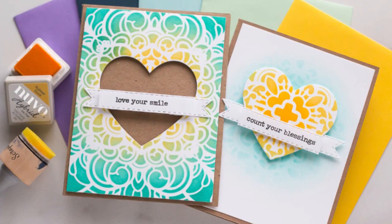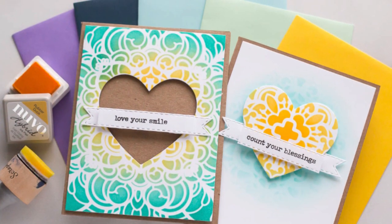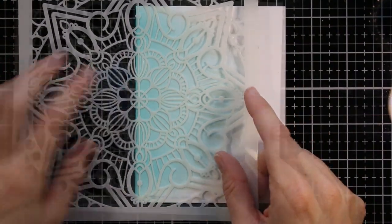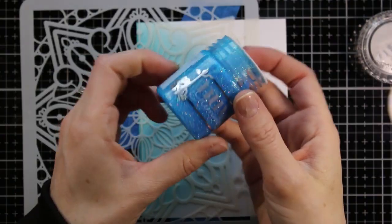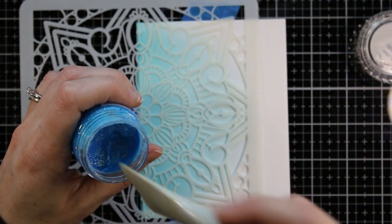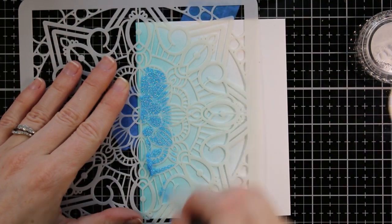So I'm going to move on, show you my next stenciled technique, and I'm making all the cards that I'm making today in the same style. Like I mentioned, kind of making a set of cards together. So I'm doing a little bit of ink blending here on the side. I didn't show it because we just watched a bunch of ink blending, and I'm going to go ahead and tape my stencil down. There's a little line right in the center, and I'm lining that up on the side of my card, making sure that my stencil is straight